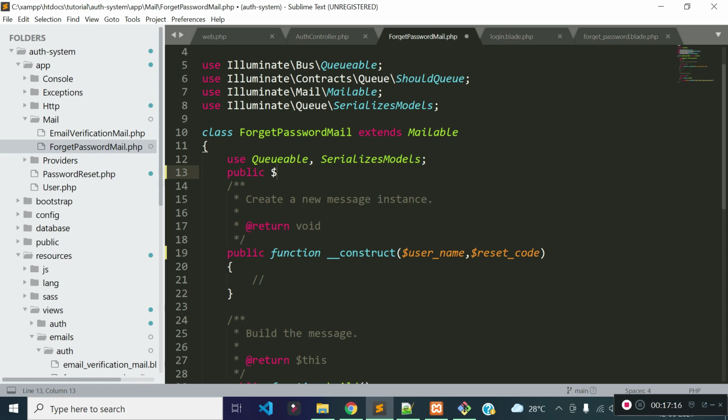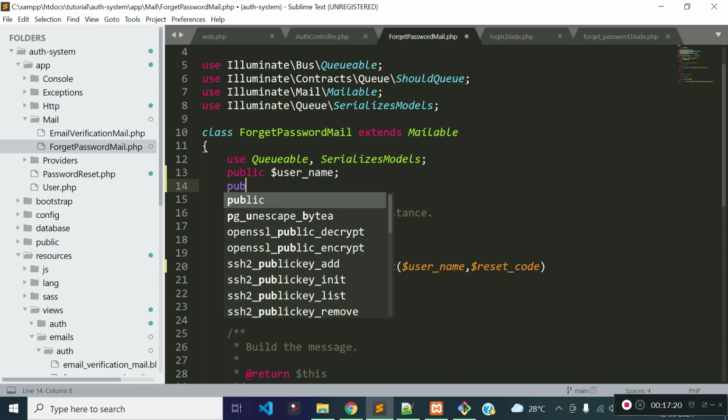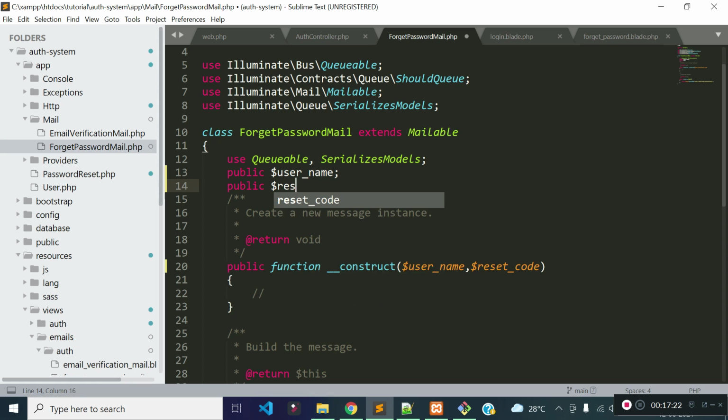Let's create one public property called username and another public property called resetCode.